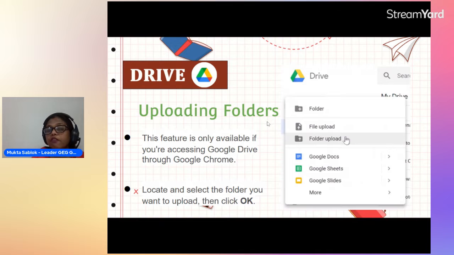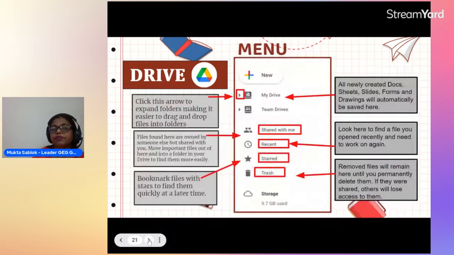Now, uploading folders, this is the option of uploading folder. Very important thing: this feature is only available if you are accessing Google Drive through Google Chrome. Locate and select the folder you want to upload and click over OK.